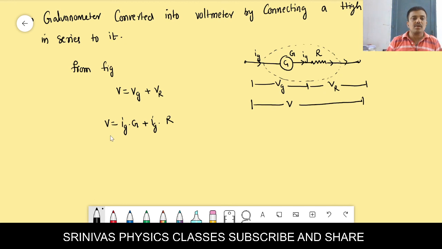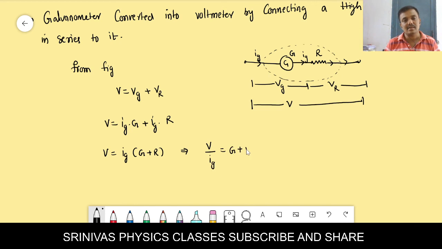Look here, total voltage V is equal to IgG plus IgR. Then we can take Ig common, Ig of G plus R. From this we get V by Ig is equal to G plus R, and we write the R formula as V by Ig minus G. This is the formula for the resistance that we should connect in series in order to convert the galvanometer